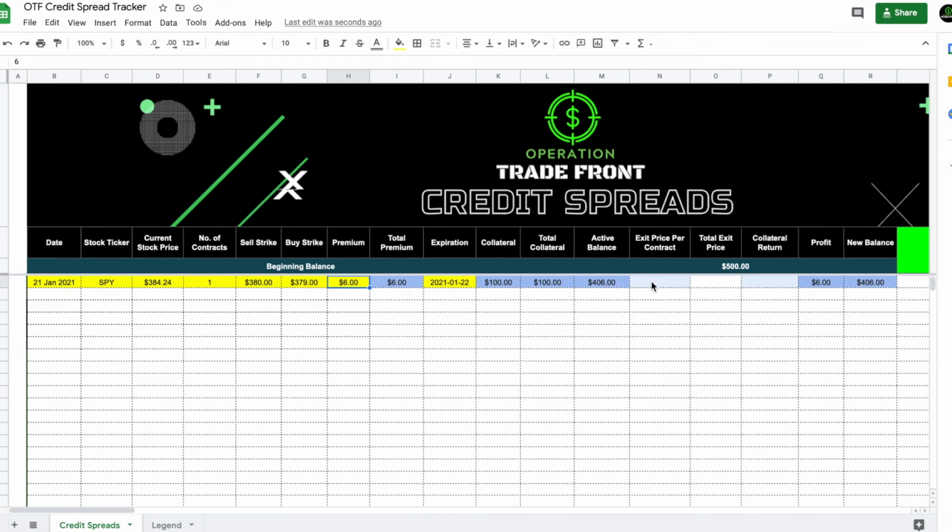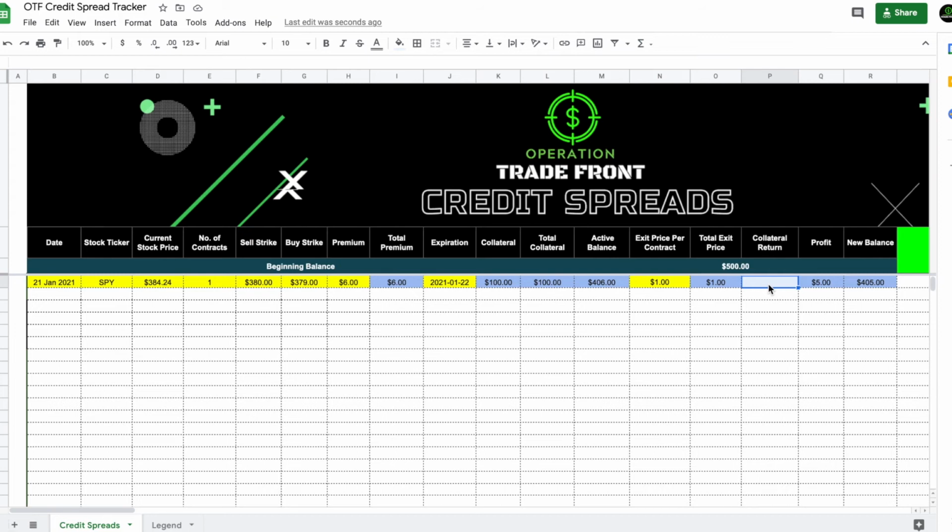Now, this will update as you go through. So say we get to tomorrow, the SPY gaps up $6, the contract's worth a penny. We're going to buy it back for $1. So our total exit price is $1 because we had one contract. And then this one is the only thing that you have to put in manually, and that is because your collateral return can be different in certain circumstances. It's not likely. You're either going to lose it all or you're going to get it all back. You're going to roll your trades and stuff like that. But it can, or could or could not come back